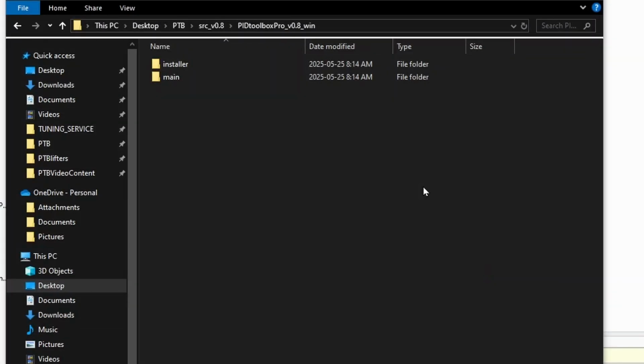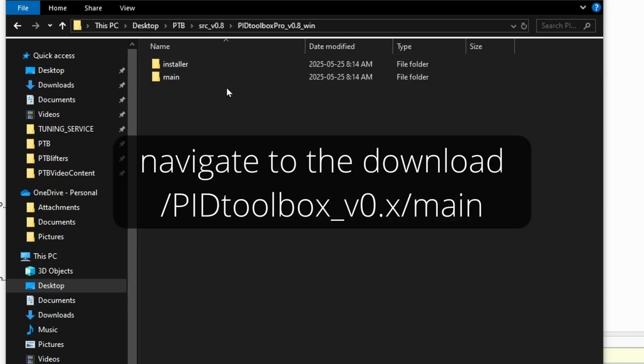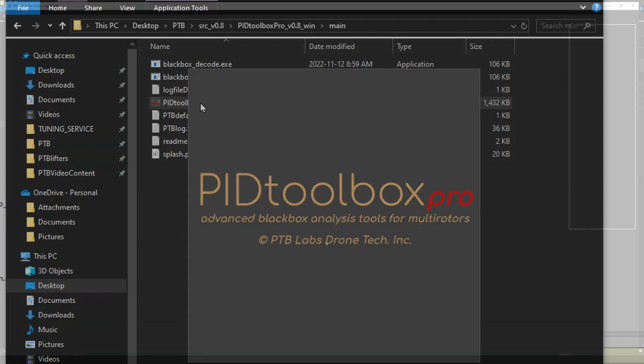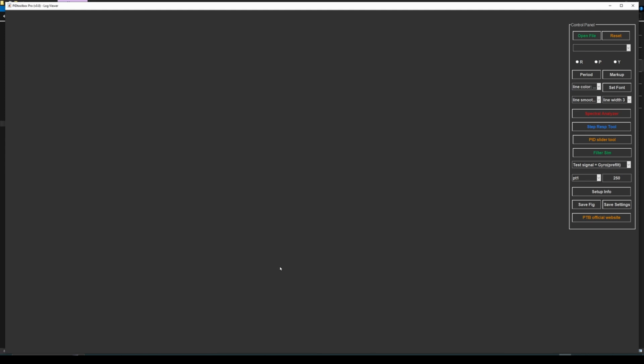First thing we're going to do is run the application. This is done by navigating to the download, go into the main folder there, and then double-click the PIDtoolbox application. Once running, it's useful to pin the application to your taskbar for quick access, so you never have to return